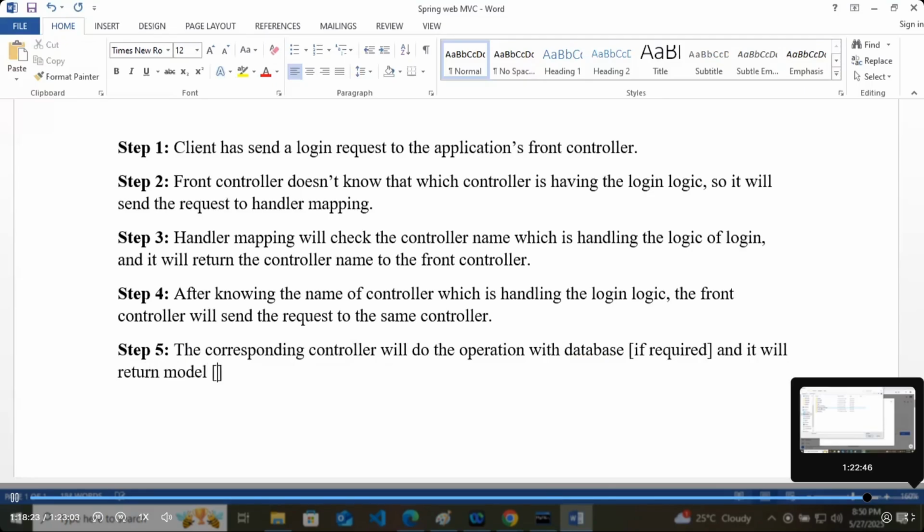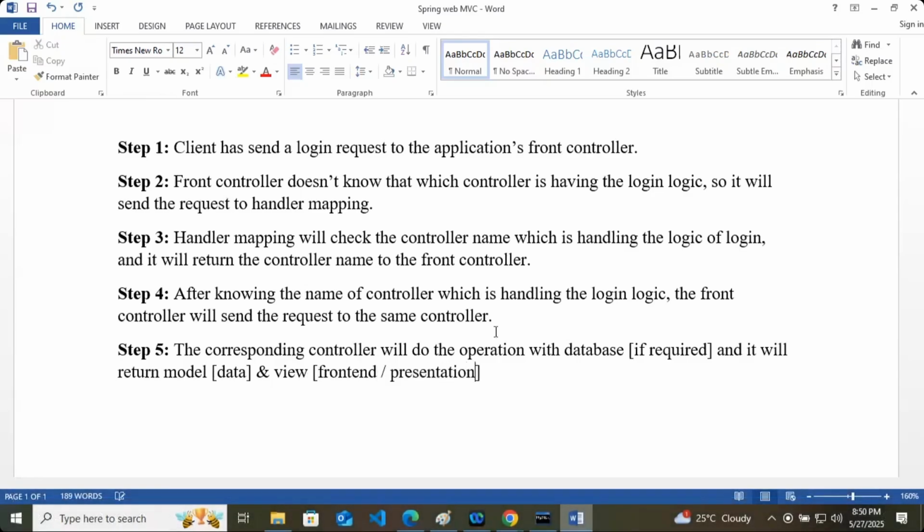Model means data, and view means front end or presentation. The controller will return these two things to the front controller. Now the front controller has got the data and view.